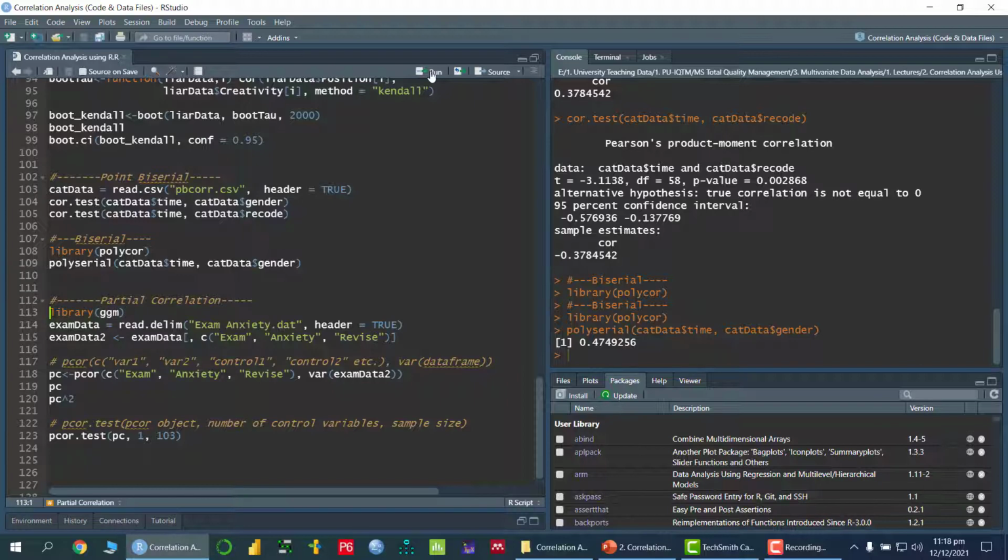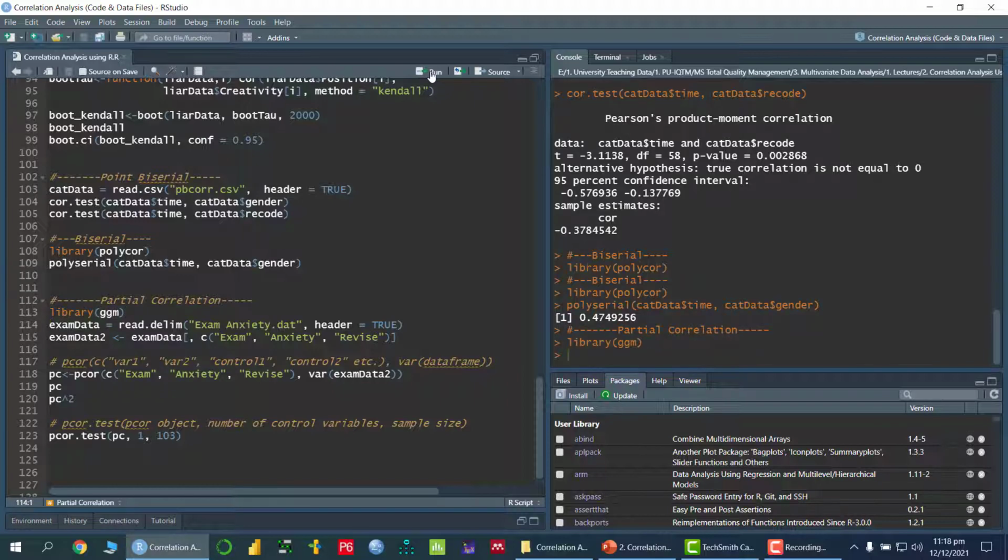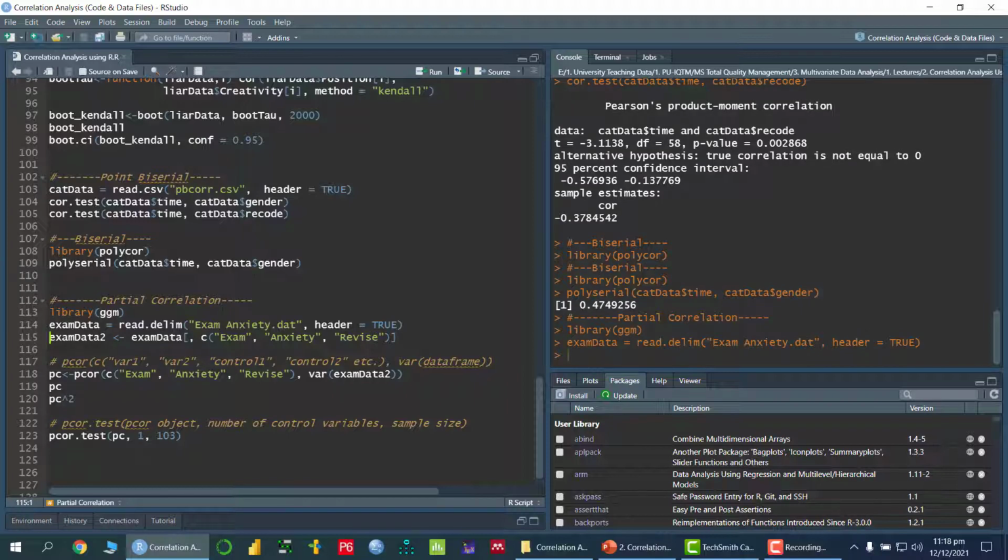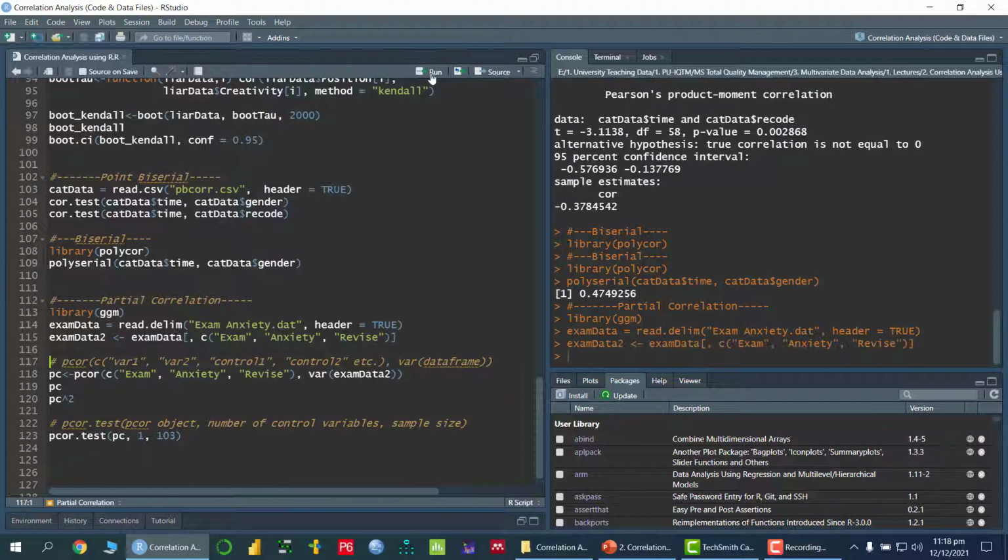So I'm calling this library. I have already installed this package. Now I am calling a data set, the exam anxiety data which we have used earlier. From this data set, I am accessing three columns, that is exam performance, anxiety and revise, and storing them into a variable called exam data 2.